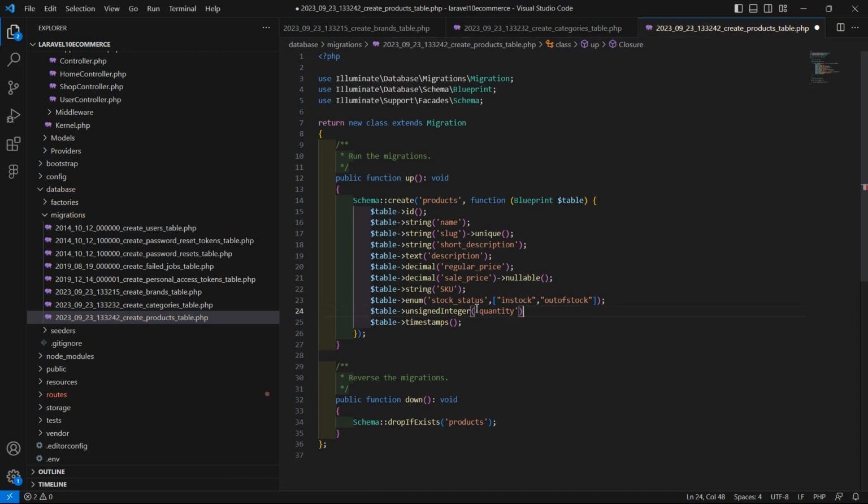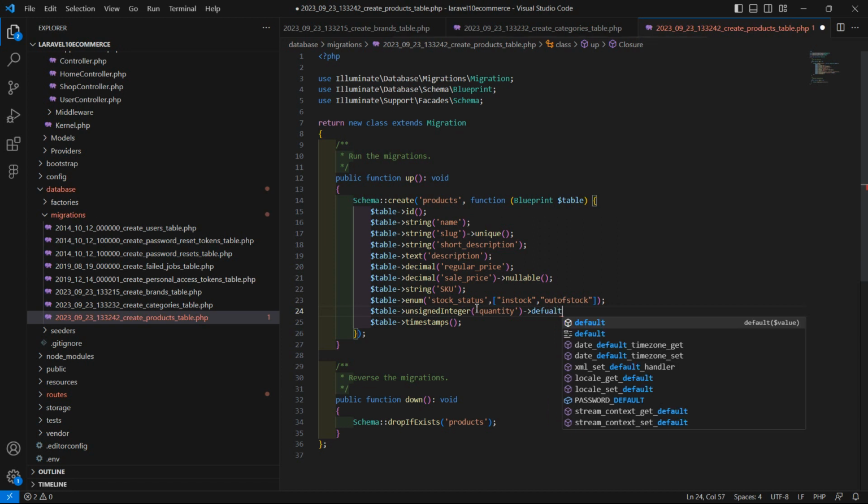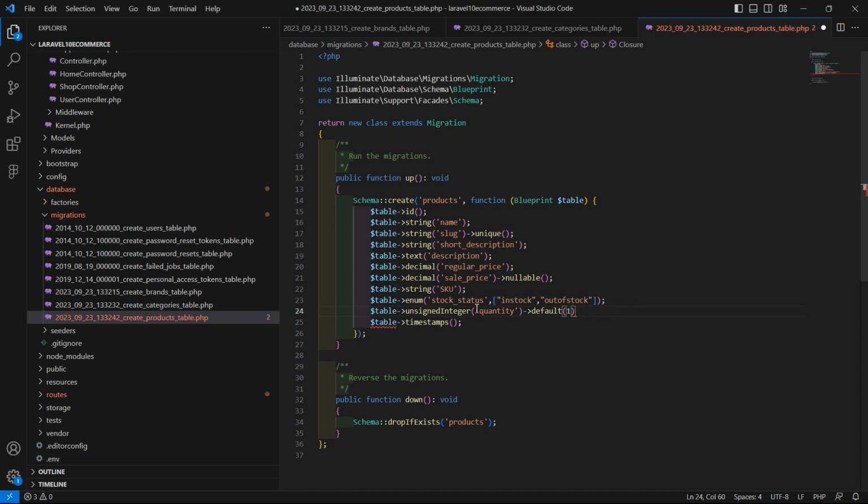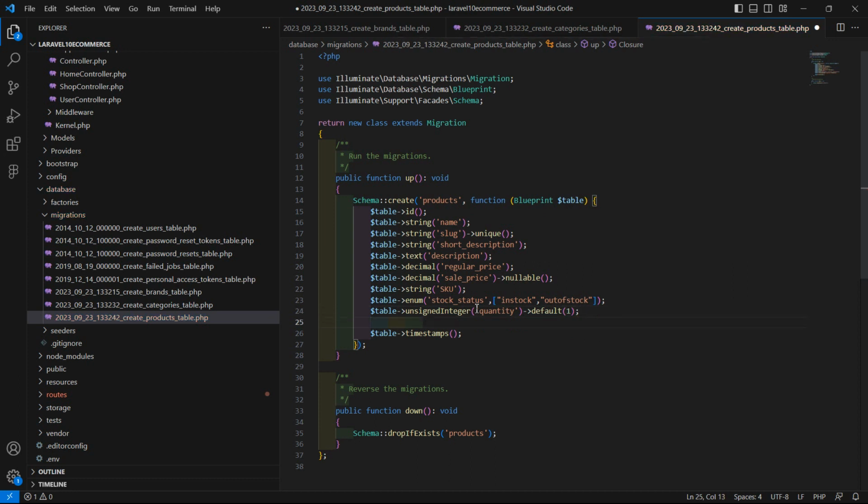We can set here the default quantity 1. Alright, now